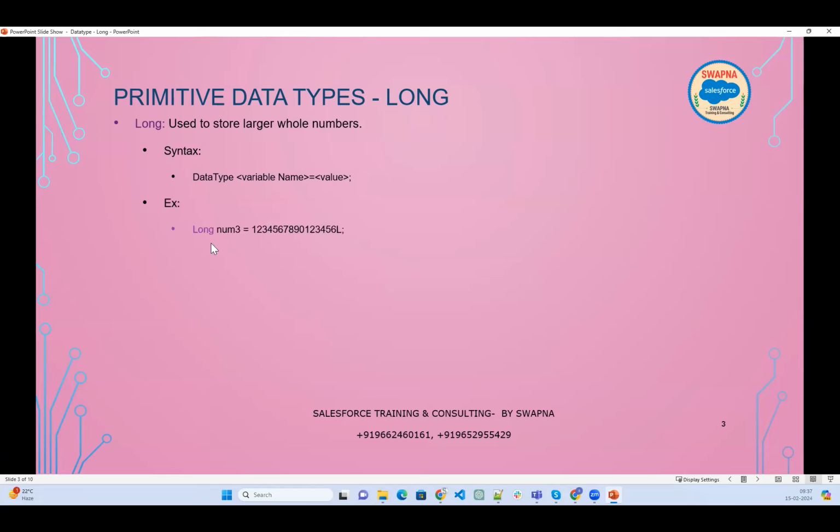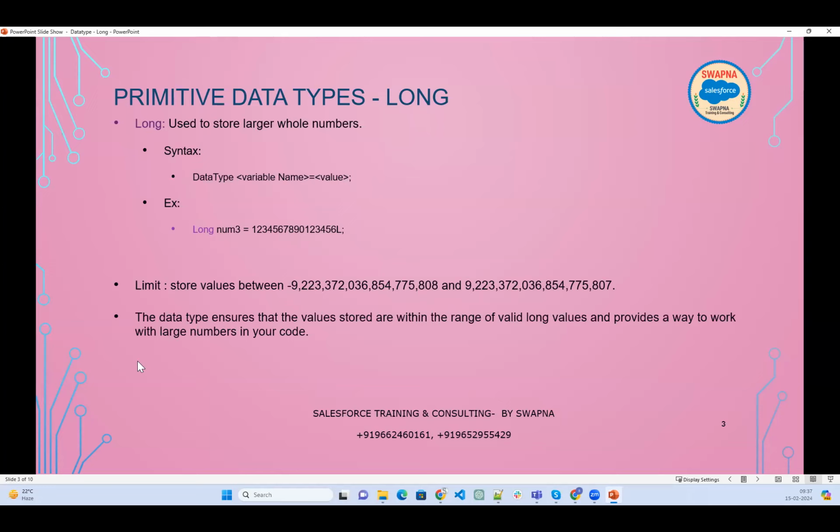So long num3 equals 123, whatever the number is, and at the end we need to specify L. The limit is minus 9 trillion to plus 9 trillion, and the data type ensures the value stored is within the range.